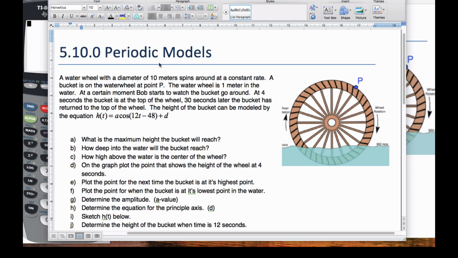Take a moment and read this prompt here. Okay, you should pause it and read it because there's a lot there. Okay, so now that you're back, we have our water wheel here, and it's 10 meters across, and it's spinning